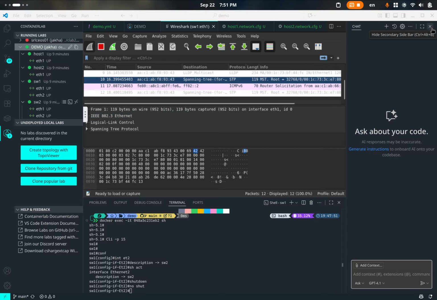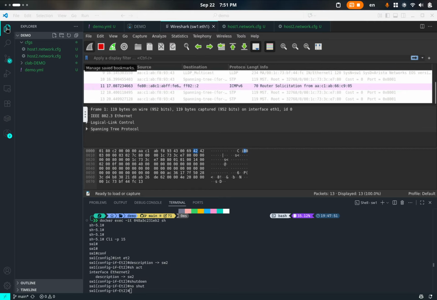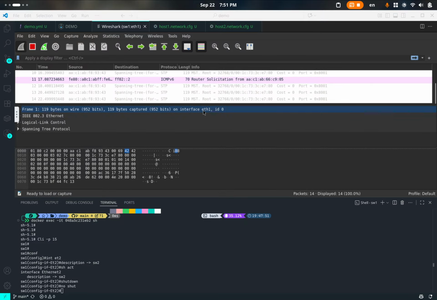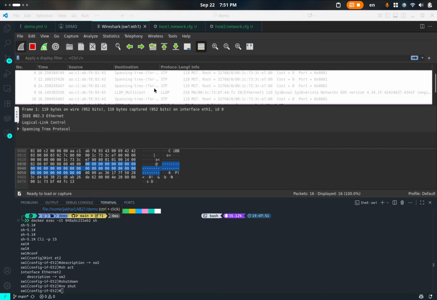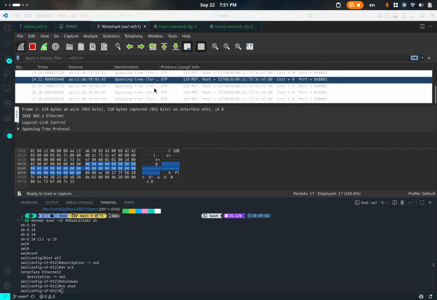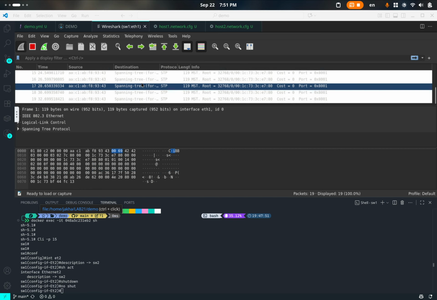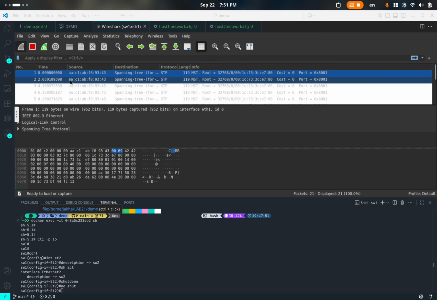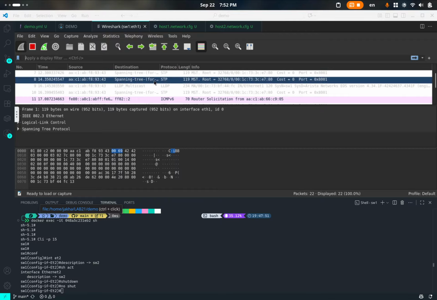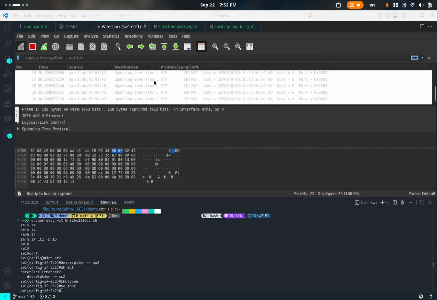So I'm just going to close this part and minimize this part so I can show you what's going on here. So this is basically switch 1's interface that looks towards the host 1. And as you can see, it already started to capture the packets. There are a lot of spanning tree packets going on because